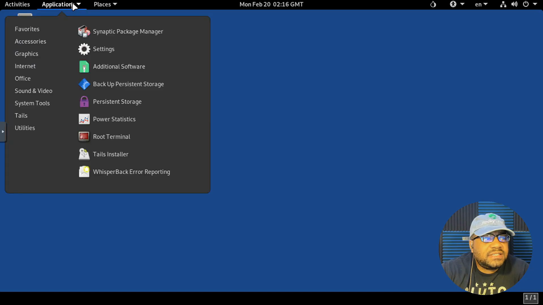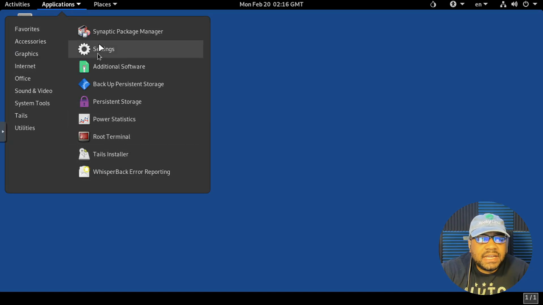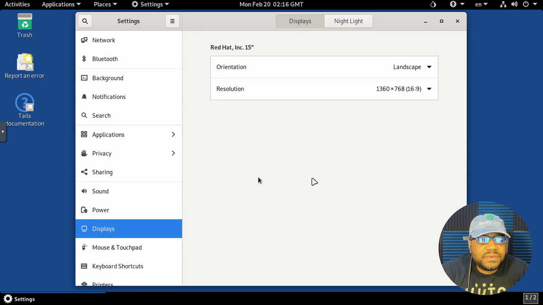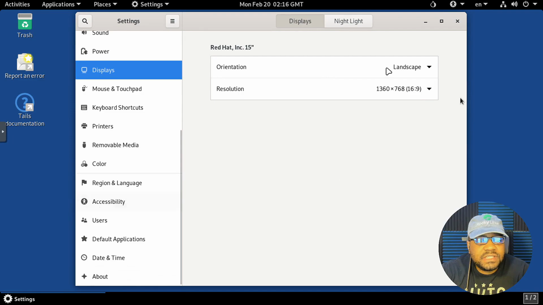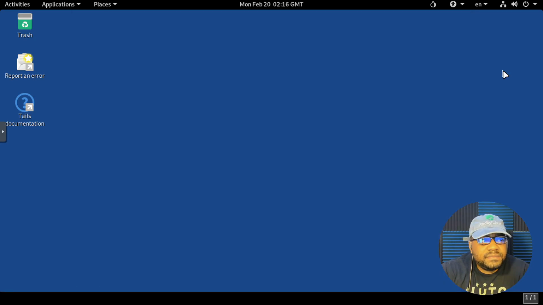Now just to show you guys something under here. So if we go back under applications and go to system tools, I kind of wanted to show you guys these settings so we could bring that up. But bam, as you can see, super simple to use. I went in and changed my resolution so you guys can see this better. But your normal system settings, but like I said, it's not going to save any of it. It's going to change it every time you boot up, so you don't really have to worry about messing up anything. But that's pretty much it.